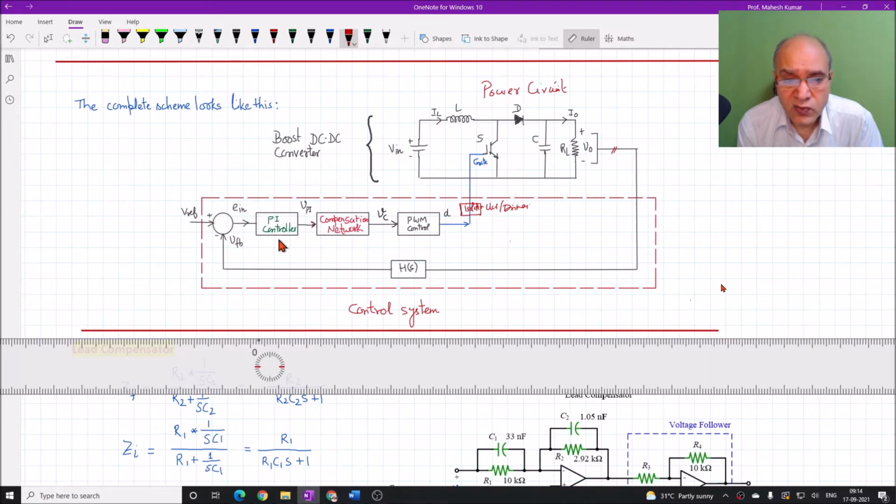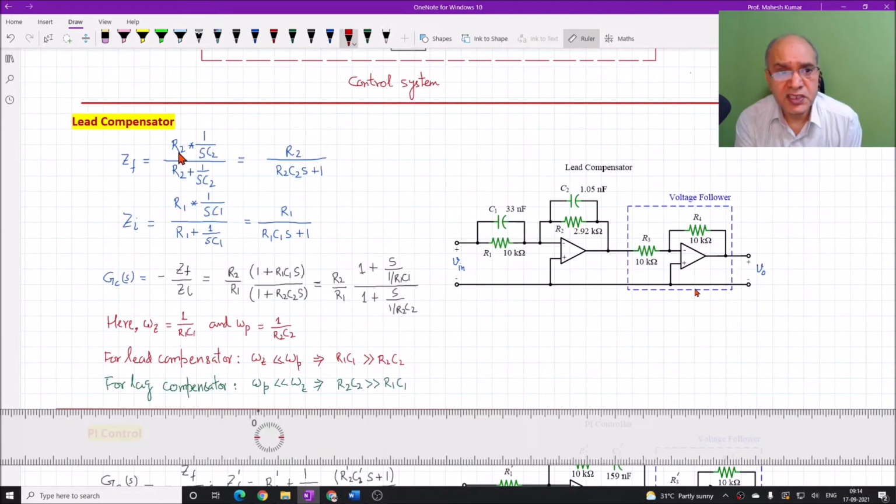Now the question is that what is inside this? What is inside this already explained. Okay, it is simply a comparator circuit. So you can compare the VC and this is the phase lag or lead compensator. This is a combined network in fact. The outer stage is basically voltage follower which provides gain of -1 because this is inverting mode. So this is the op amp in inverting mode.